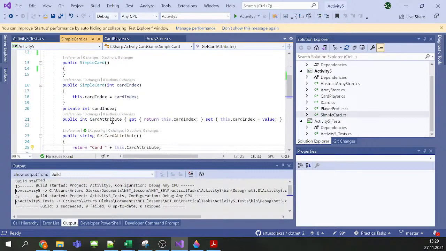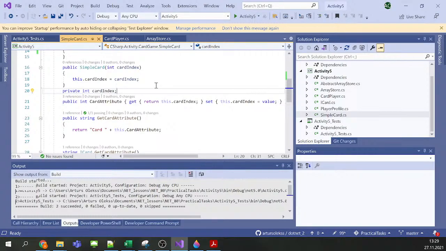For the simple card, we had to implement the constructor, providing the card index, and then the rest is up to you. You could store the card index privately in the attribute. You could create this as getter and setter separately. For getCardAttributes, basically you could do it this way, or as another option, you could also basically have to add this prefix. As another option, you could do it this way,